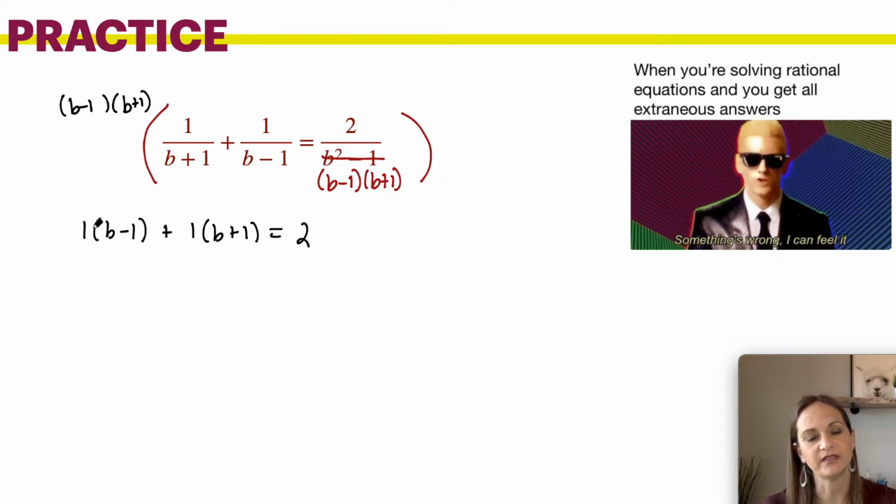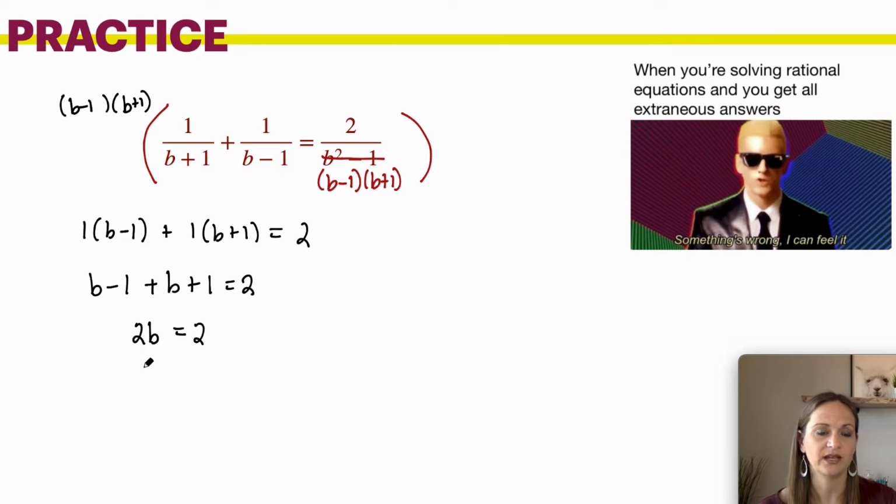So if I was to solve this, I would have b minus 1 plus b plus 1 equals 2. b plus b is 2b. Negative 1 and 1 give you 0, leaving you 2. And your answer is b equals 1. Now, normally I would say, you're done, you found b. However,